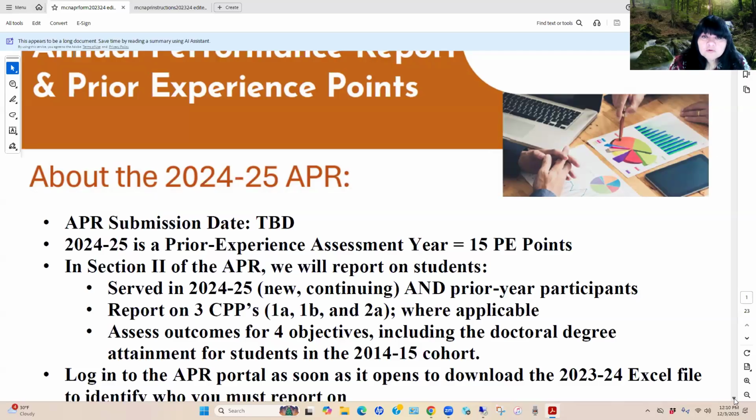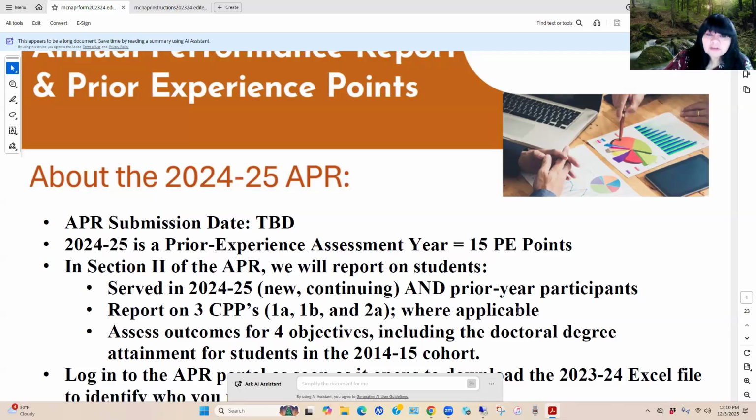Also, if you have a new certifying official, it's going to be important for you to identify who that new certifying official is so that they can also get the needed permissions to be able to log into the APR web portal and certify the submission of your APR once the director has submitted the APR. So those are some things that we want to ensure that you're thinking about as you're getting ready for this